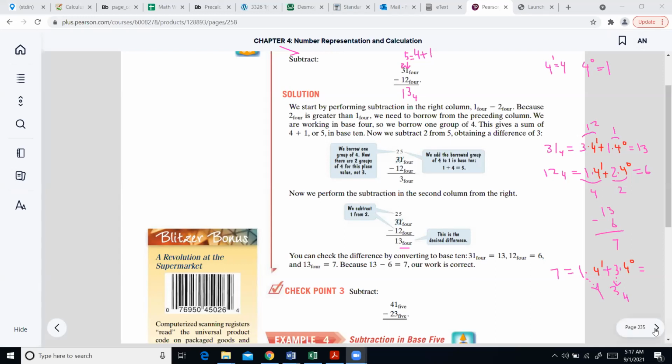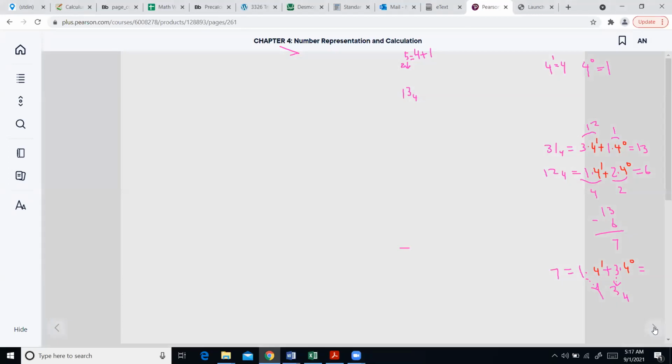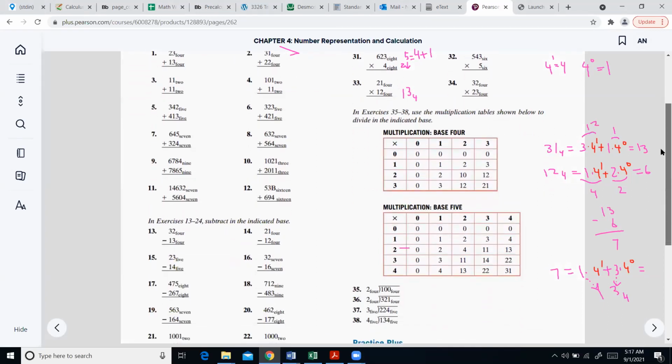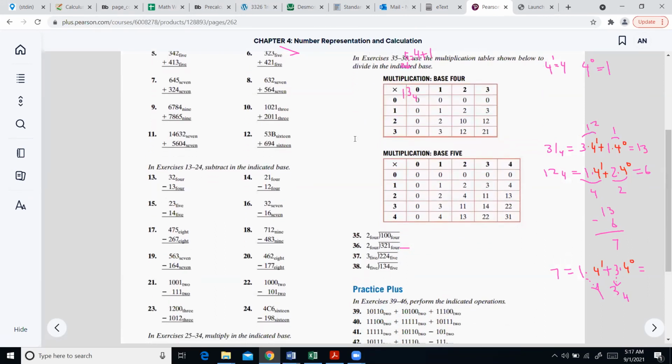So let me go to the end of the section where the homework exercises were and see which ones you would like me to do from these additions or subtractions. So I can help you with those. If you have anything that you would like me to do for you today, please don't hesitate. If you tried something